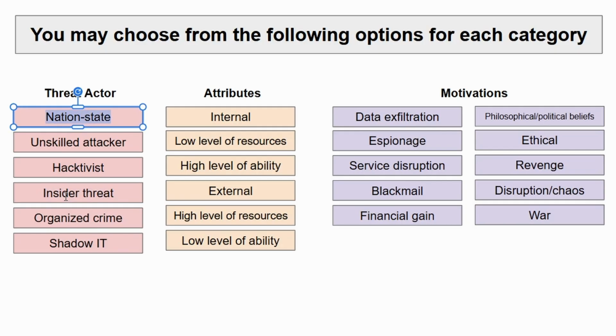Insider threat is simply someone who is on the inside, but nation state is specifically another country who's trying to come in and do damage to us. So in this particular scenario, the insider threat is just a small method that the nation state has used to achieve their goal. But the most correct answer is nation state, because that is the one that best applies here. It is not organized crime. There's nothing to show us that it's organized crime. And it's nothing to do with a shadow IT department, okay? There's nothing here that indicates shadow IT. So the best answer, due to everything I just discussed, is nation state.